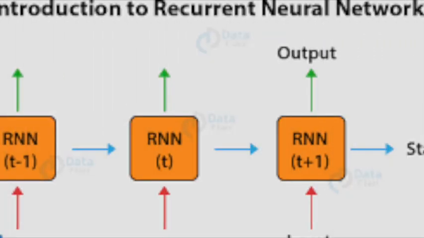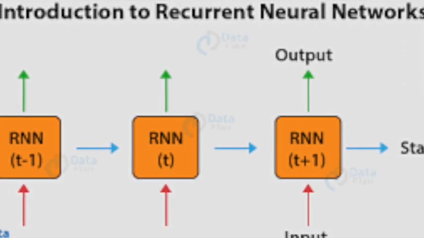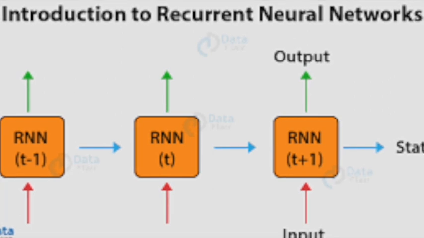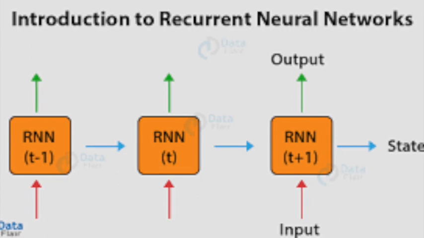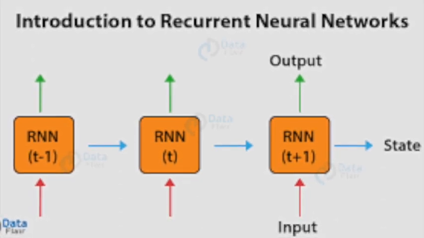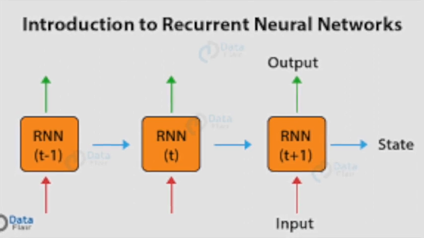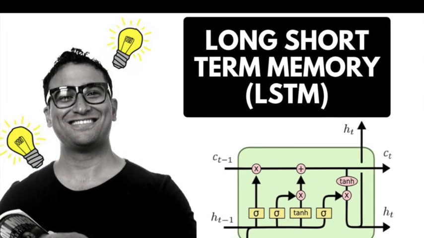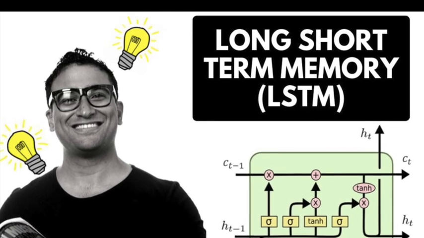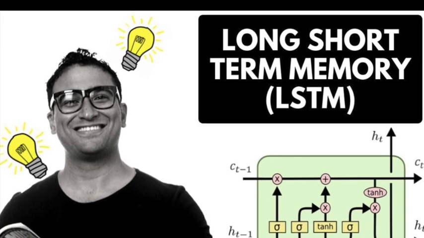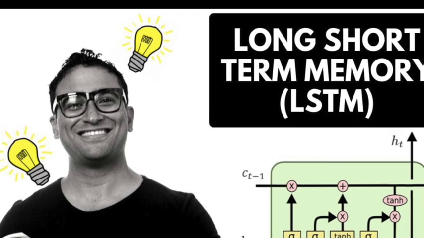So it is a type of neural network architecture that is designed to process sequential data where the order of data points matter. Unlike feed-forward neural networks which process input data in a single pass from input to output, RNN maintain an internal state that allows them to process each input in the sequence in relation to the previous inputs. Coming back to LSTM, its ability to process sequential data is essential for many applications in artificial intelligence, including natural language processing, speech recognition, and video analysis.